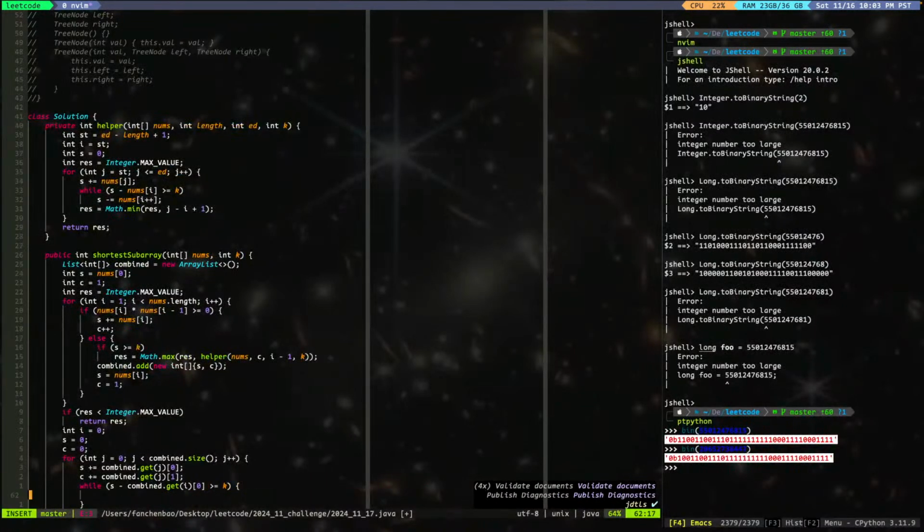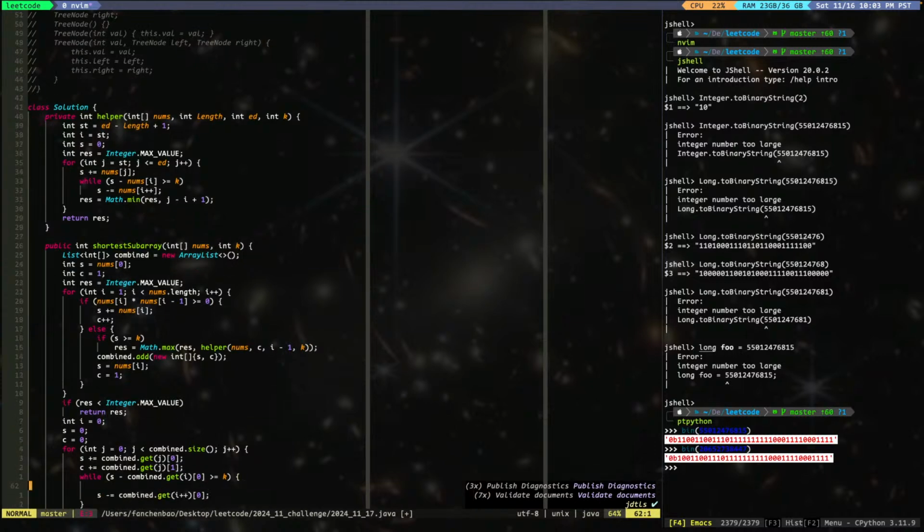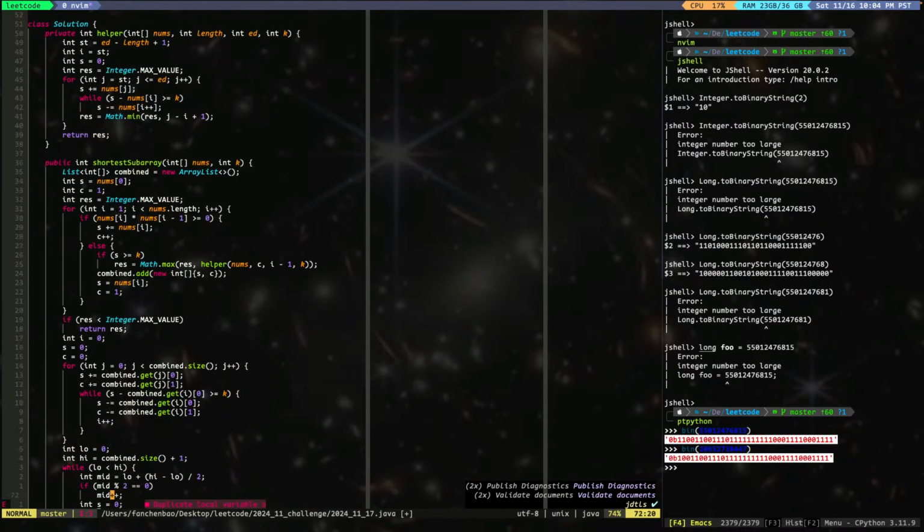Ooh, we also need another part, which is remove c minus equal to combined.get(i)[1]. Let's now do this 0 0 trick. Let's do i plus plus here. Right? So while this blah blah blah, and then once it gets out, we can say